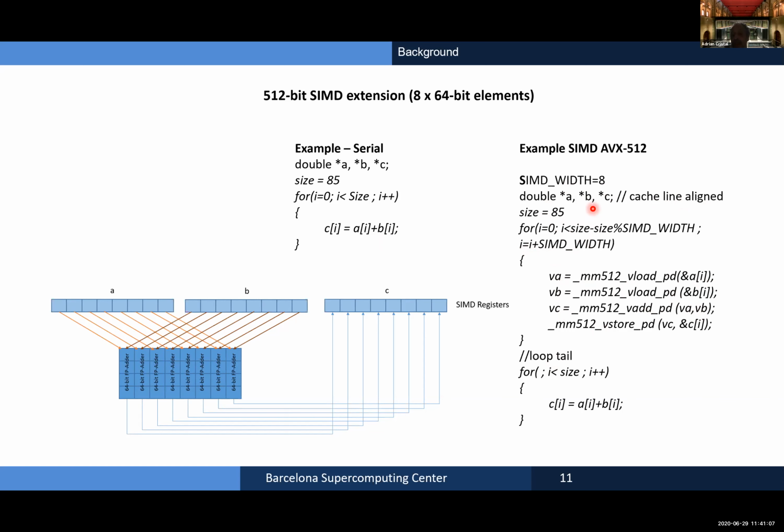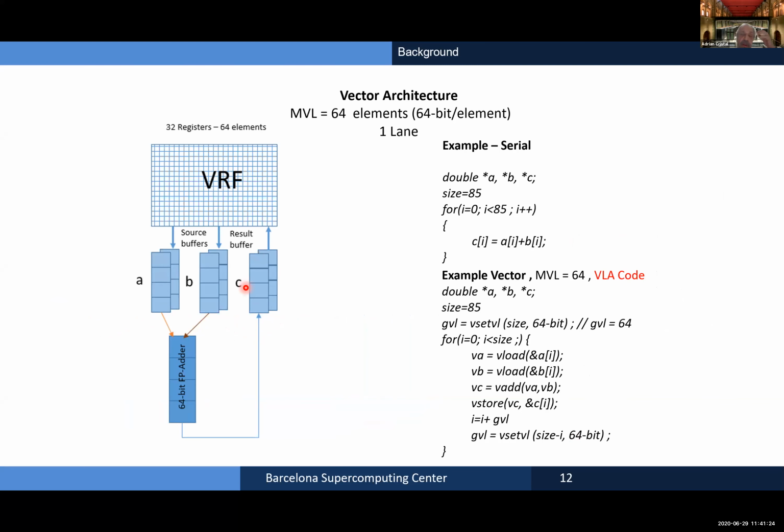In a vector architecture, it's a little different. Usually in the SIMD operation, you do all the 8 operations in one cycle or in 8 units. Here we divide the operation usually into lanes. It can be from one lane up to the number of vector elements, the maximum vector length. And each lane usually has a slice of the vector register file and the unit. So it's something like you see in this image.